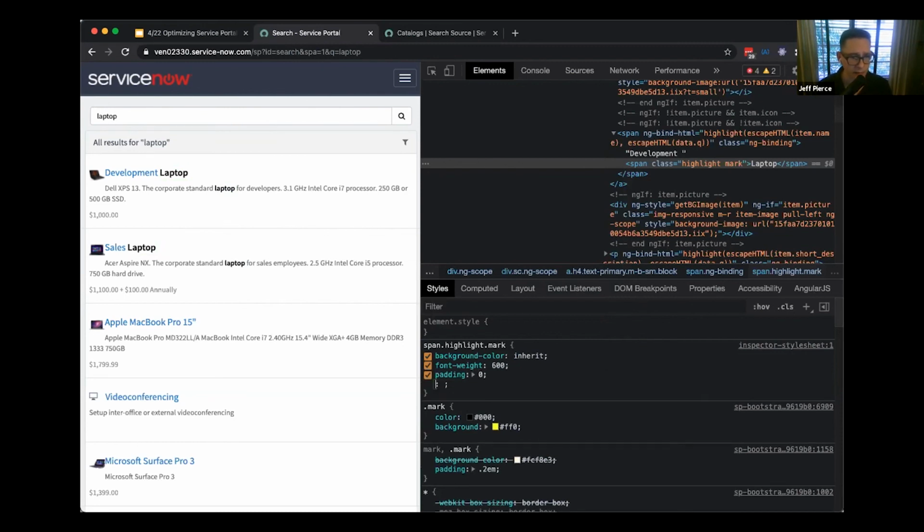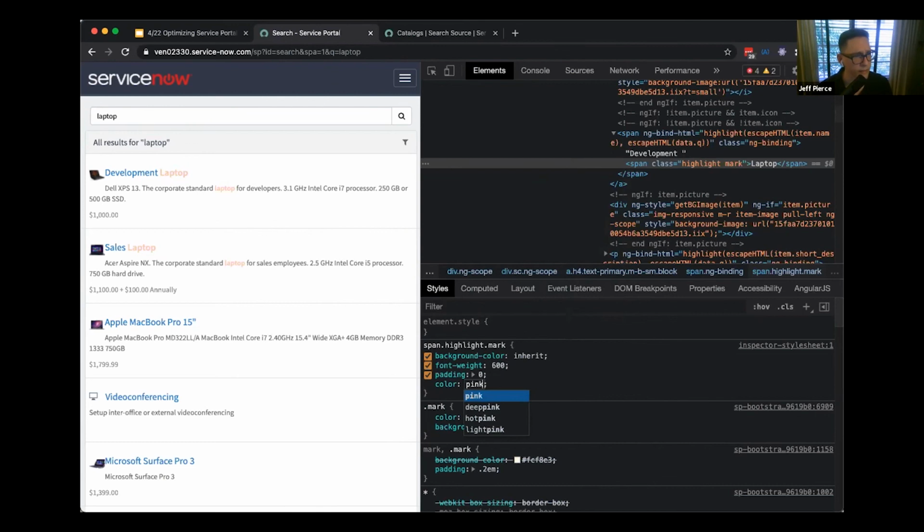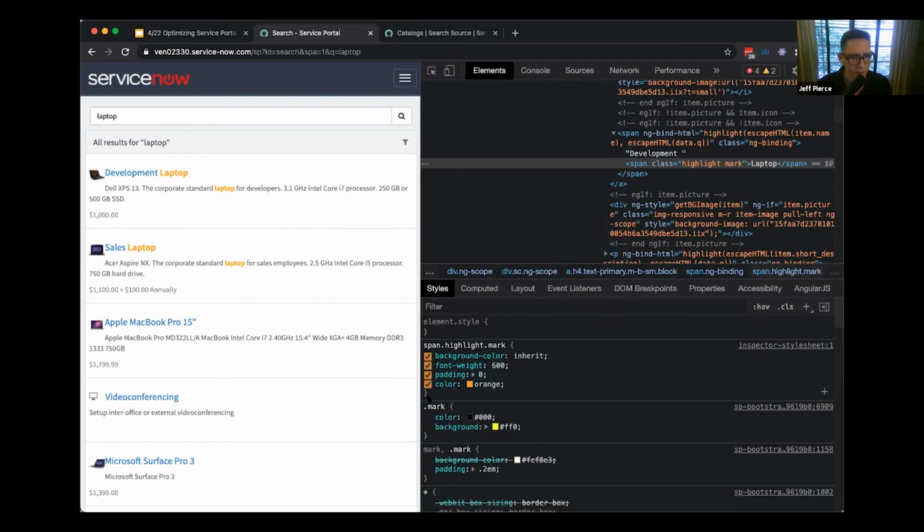And the color. Well, the color, decide what you like, right? I mean, pick something nice. Hopefully in your theme. But, you know, orange isn't bad. Maybe something a little darker. But so you're going to take this CSS,